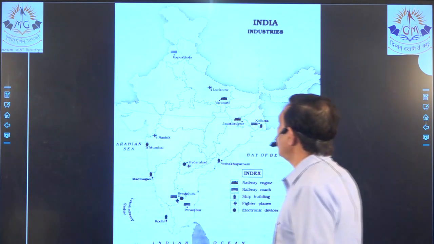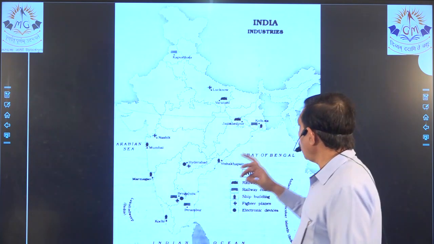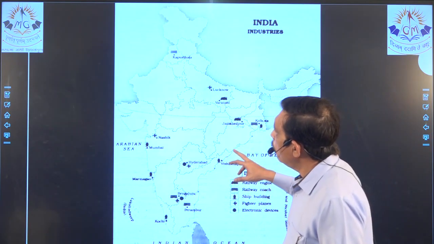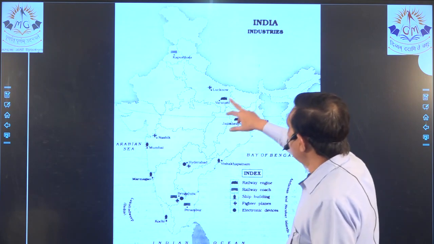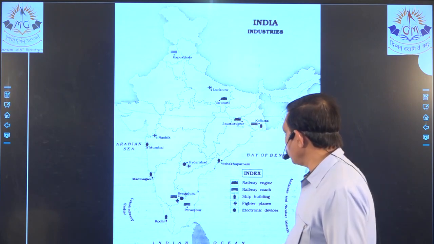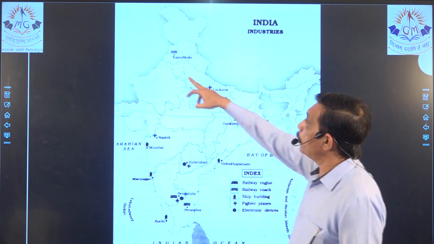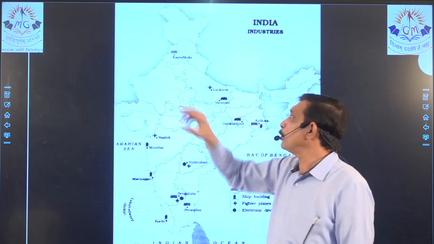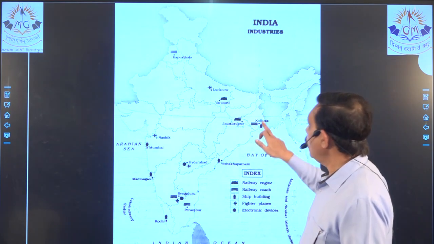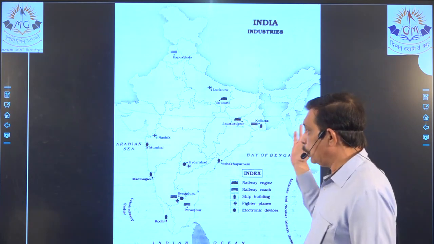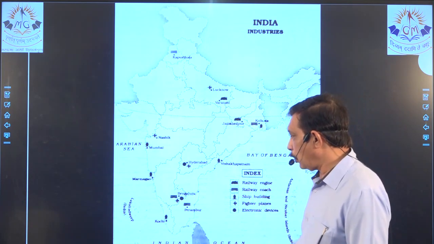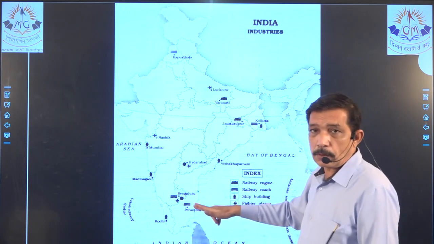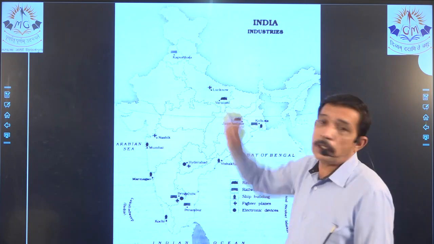In Varanasi, in Jamshedpur, that is the Tata place, right? Okay, 2 places are marked over here. One is Varanasi, one is Jamshedpur. Then we come to railway coach. One is in Kapurthala, that is Punjab. So see the marking, it is somewhere in the center of Punjab, that is Kapurthala. Any other one? Kolkata is there, right? So 2 very easy to know places, and we already know them. One is Perambur and another is Bengaluru. So 2 in south, 1 in east and 1 in north, right?